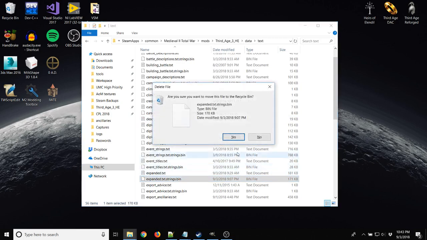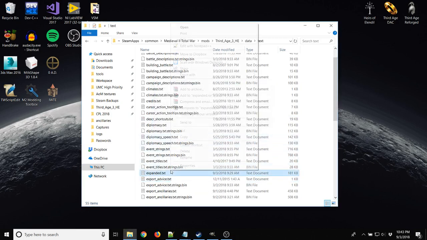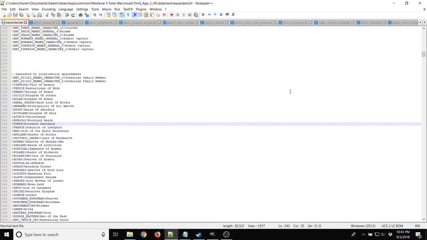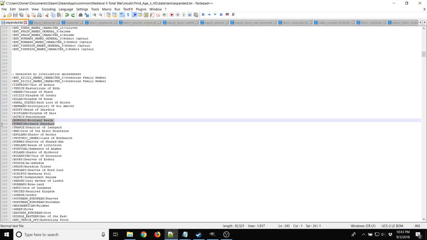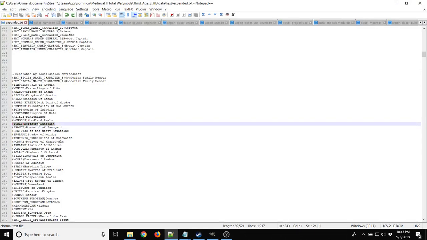We're going to delete this bin file, and then we're going to open this in a text editor that's suitable, such as Notepad++. You don't want to use Notepad for this type of edit. And simply, I'm already at this line, but you're simply going to want to do a Control-F search and find this line that just says bracket Turks bracket in all caps, and this will be the faction name. So if we change this to Reunited Kingdom, then this will change it in-game and it will be save game